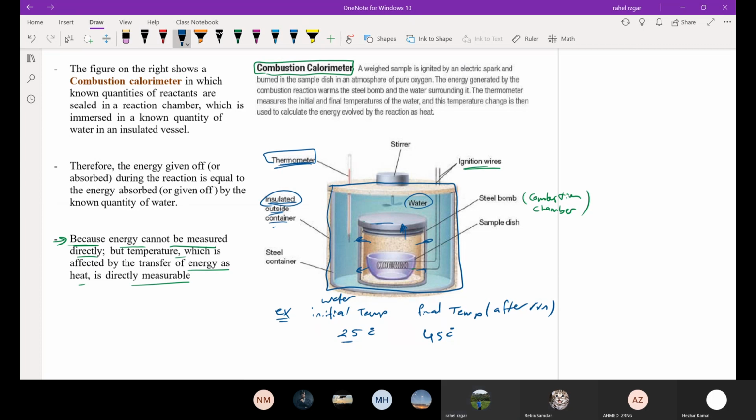Then, by burning the sample that was here, the amount of energy released has heated, because the energy released will be in the form of heat, this water from 25 Celsius to 45 Celsius. Then we have another calculation in the next page where we can convert